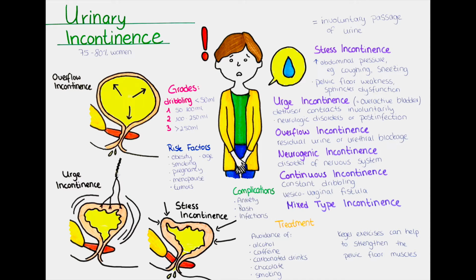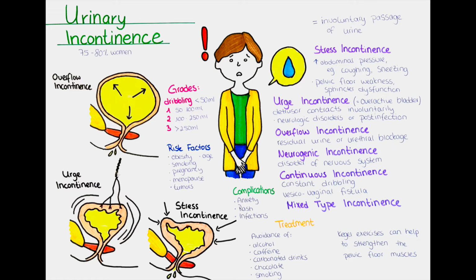The next type is neurogenic incontinence. This type is due to a disturbed function of the nervous system on the level of either the brain, spinal cord, or distal nerves. This can occur in, for example, multiple sclerosis, Parkinson's disease, or diabetes. One of the parts of the pathway basically tells the bladder to empty spontaneously without the patient intending to do so.